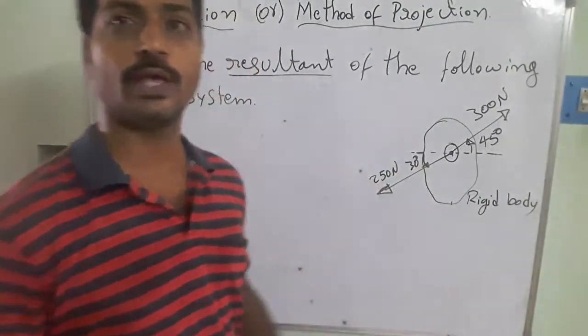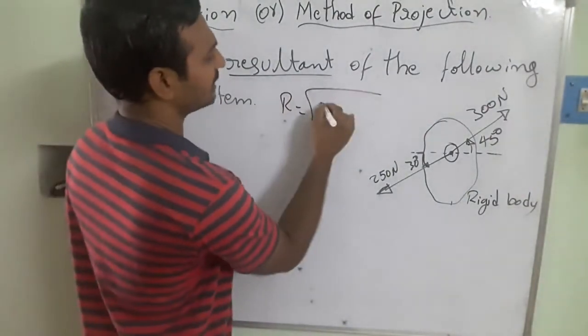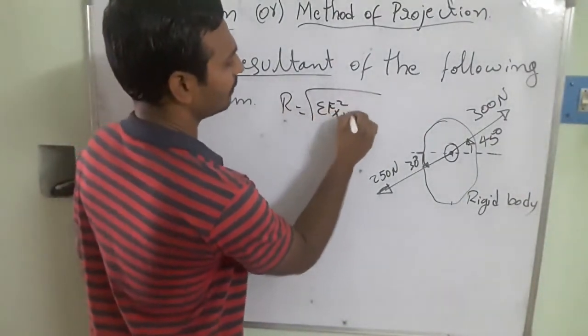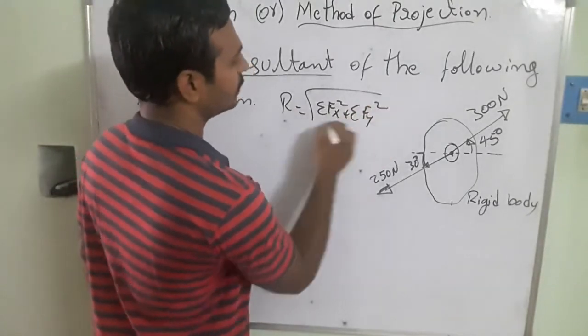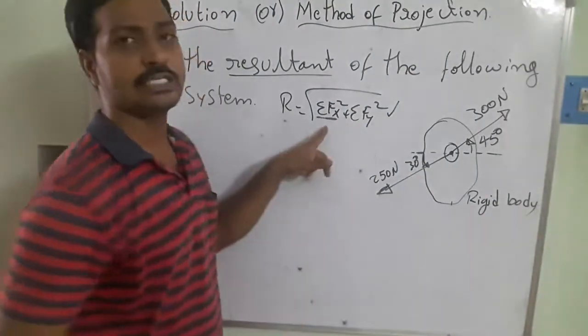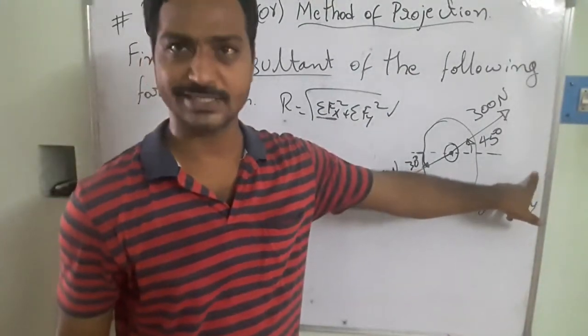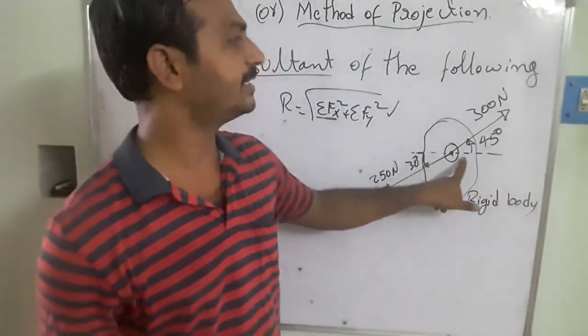So how are we going to be calculating? The same process we are using here. So what is the resultant component? The R is equal to the formula, the square root of the summation of sigma f of x square plus sigma f of y square. So if you are going to be using that, then we will get it. So what is the sigma fx? Sigma fx is going to be the forces in the horizontal direction we are going to be considering, and sigma fy is going to be the forces in the vertical direction.